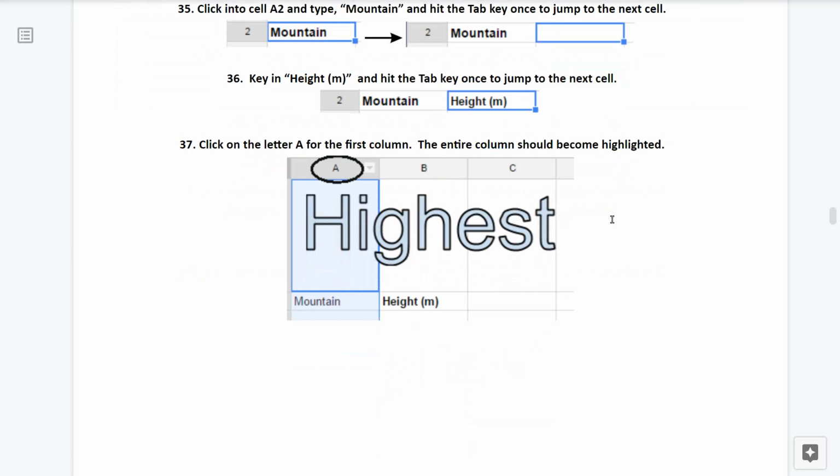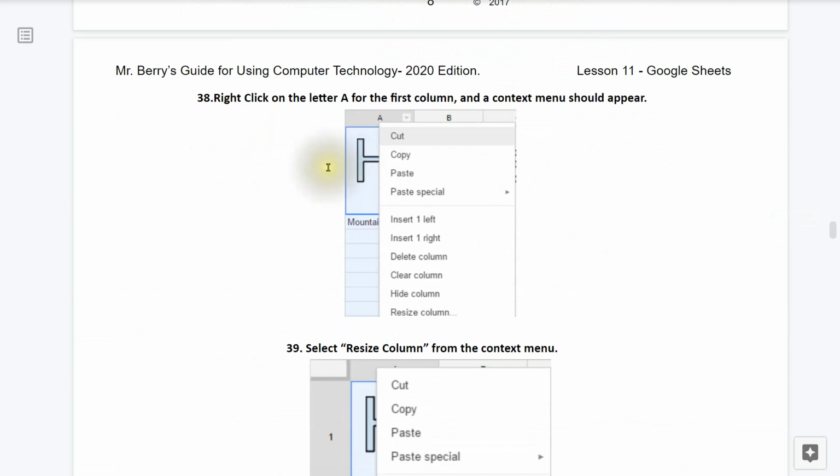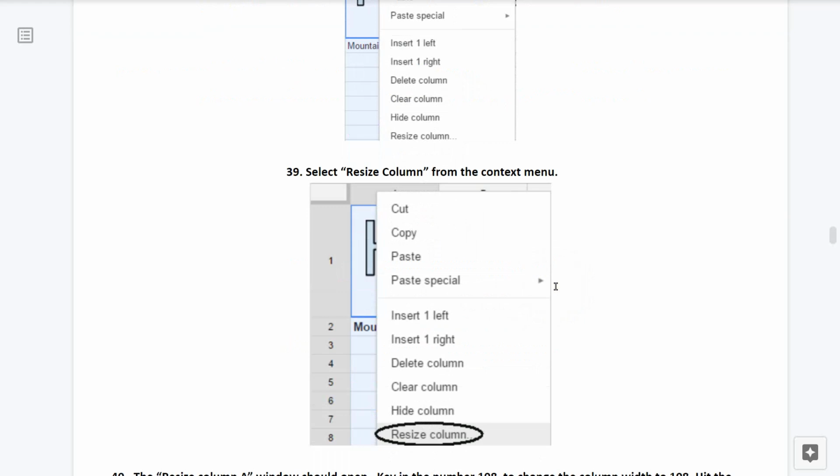37. Click on the letter A of the very first column. The entire spreadsheet should become highlighted as seen here. 38. Right-click on the letter A of the very first column, and a context menu should appear. 39.